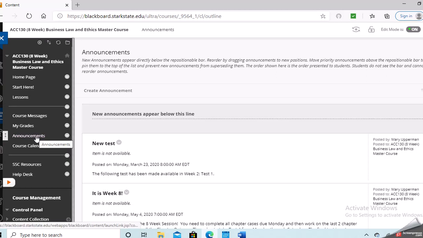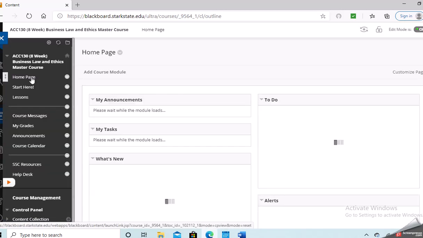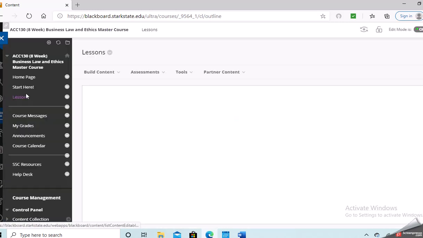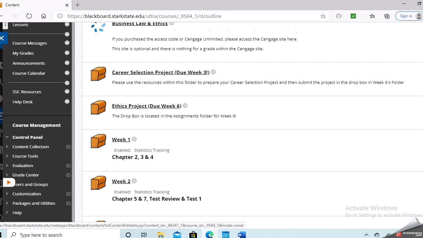Every week I'm going to have an announcement for you that'll show up on your home page. And then it'll tell you what week we are currently in case you start to get confused. Are we week 2 or week 3? The announcement is always going to introduce what week you are in, so that then when you go to your lessons tab, you'll know exactly which week you should be